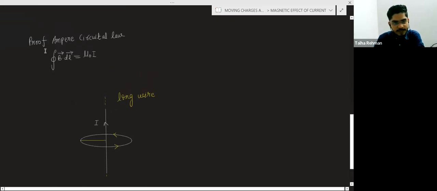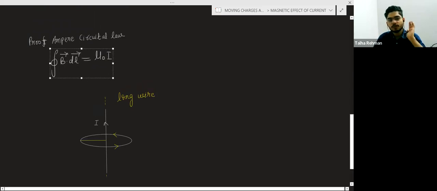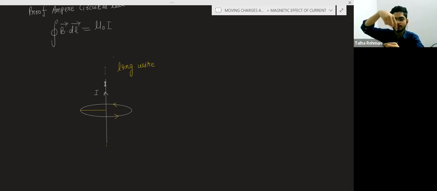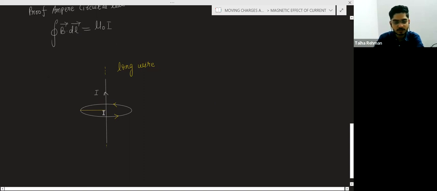We have to prove that B dot dl, meaning the line integral of magnetic field, is equal to mu 0 into I. This is Ampere's circuital law. We will prove it. For proving this, we will take a long straight wire. I have told you that for a straight wire, when you consider a loop around the wire, you will choose a circular loop. Suppose I have chosen a circular loop